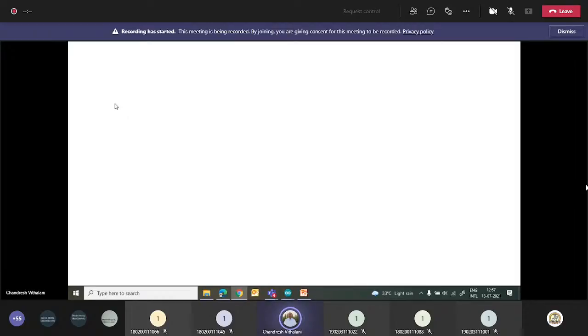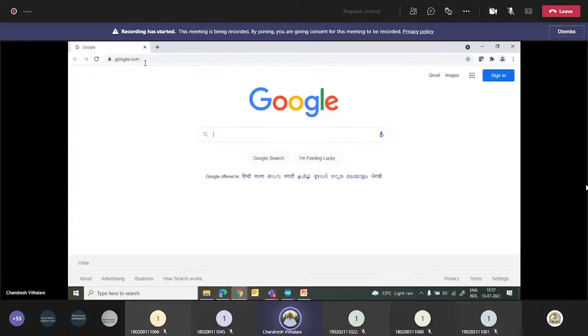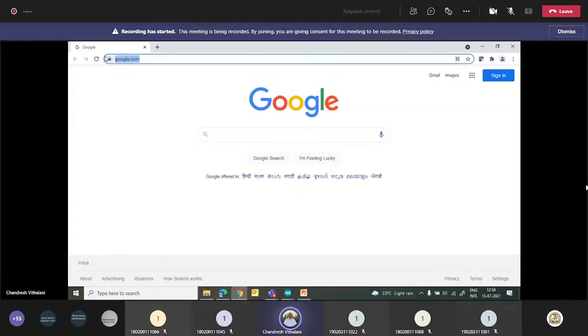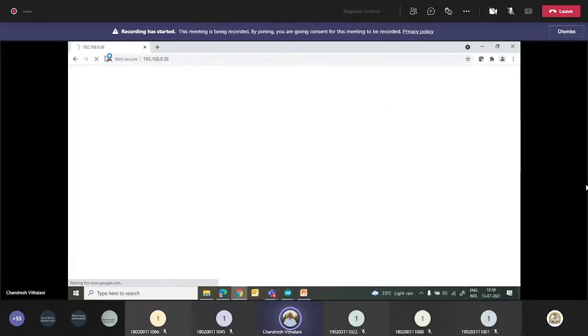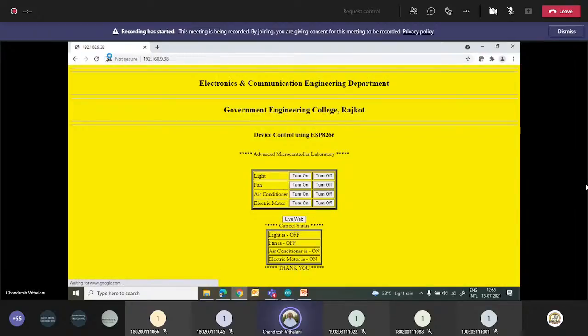So again, this is a local application, level 1 IoT application, but here we are not using a mobile app, we are using a web app. So this type of screen you will get, and from here you can turn on and off your devices. You can change this menu as per the requirement. So this is a web app. This page is being broadcast by the Node MCU.